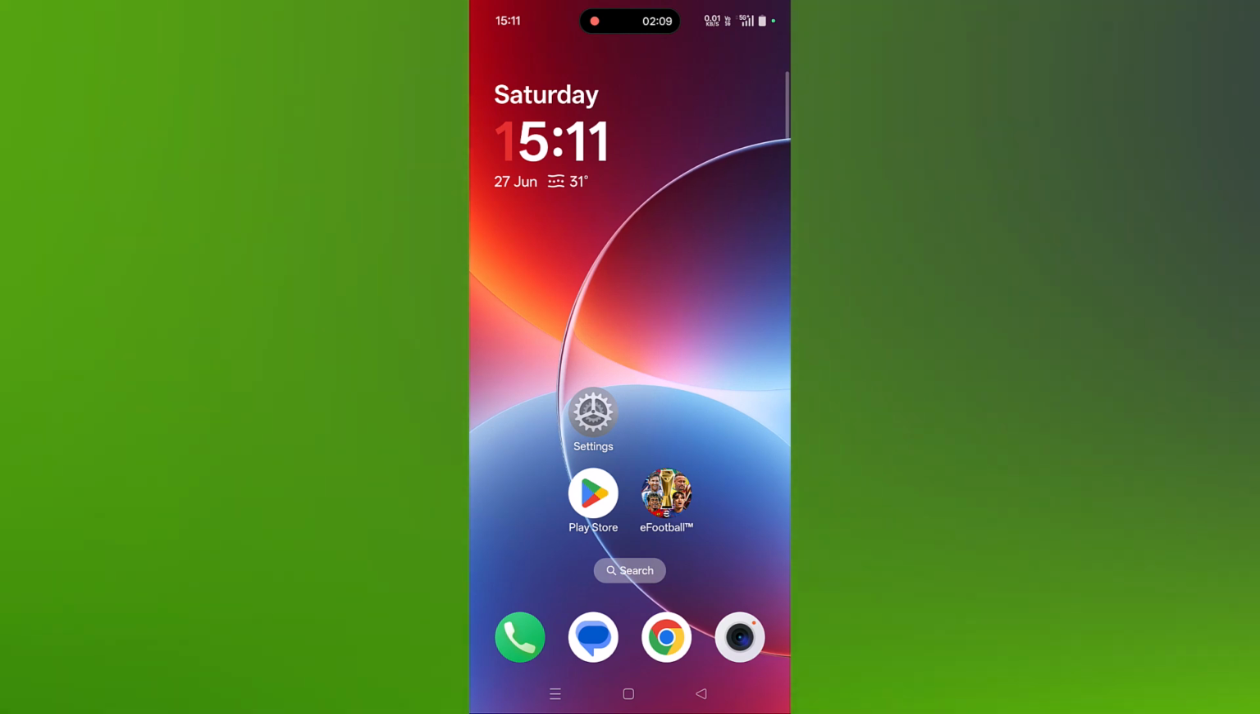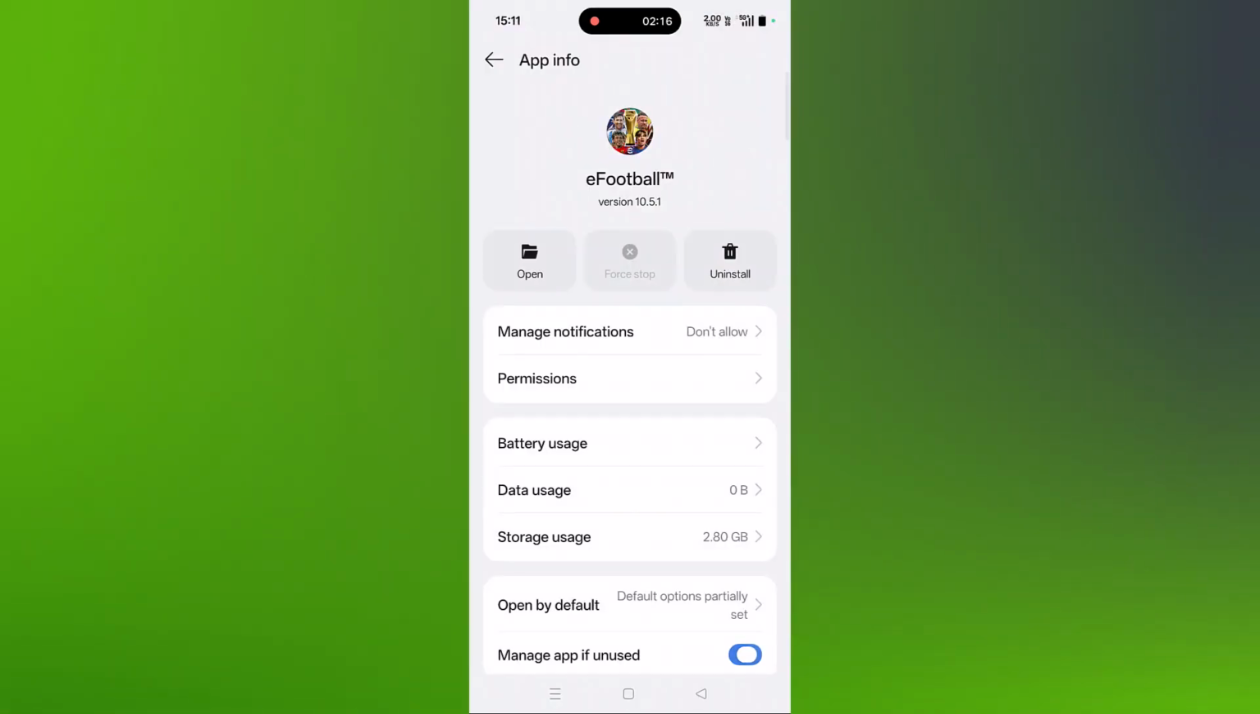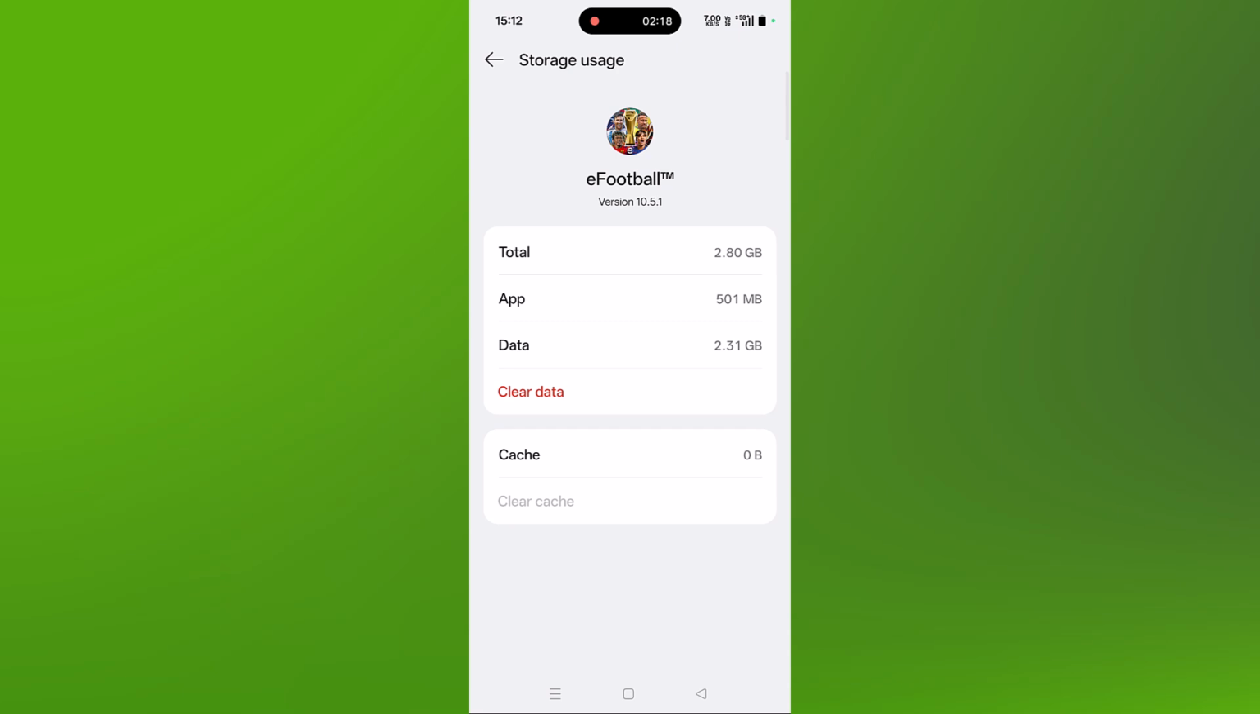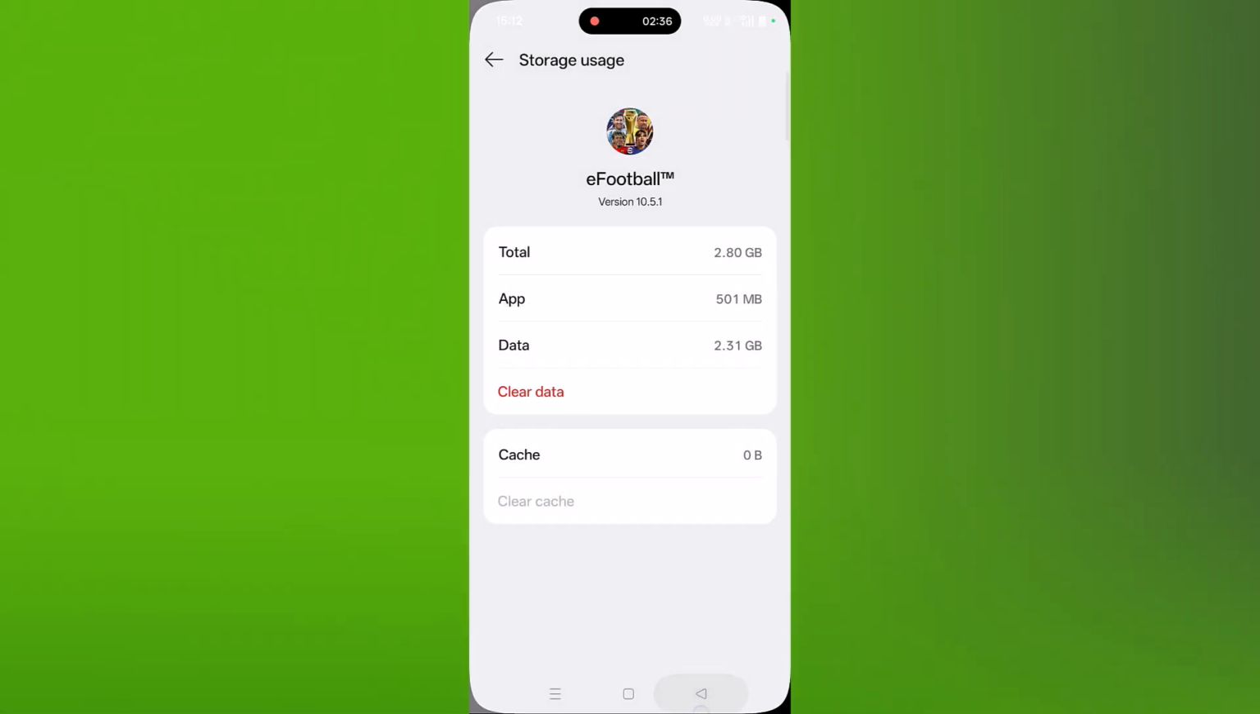If that also doesn't work, then you have to also clear the app data. Again tap and hold the eFootball app icon, then click on app info, then tap on storage usage and then click on clear data. Please take note that clearing the app data will delete app data, including files and settings, permanently from this device. So if you agree, only then tap on delete to confirm it, and then you can go back, launch the